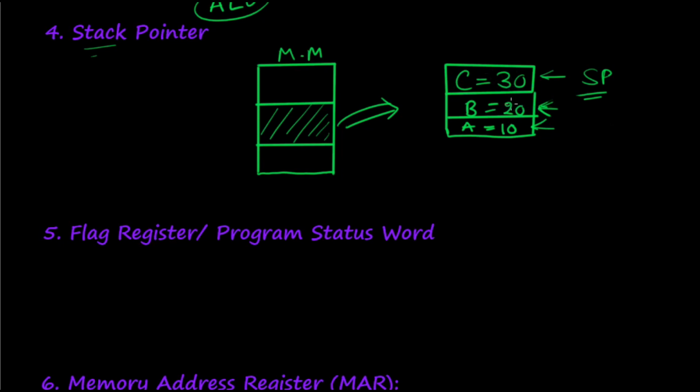Now interestingly, this stack is a contiguous memory. If you are locating the uppermost or topmost element, the element below can be automatically accessed if you pop this element. If you pop this element, meaning you delete this element, then the stack pointer will come down and locate to this B. I will explain about stack based architecture in the upcoming video. So no problem, if you have understood that much, that is fine.